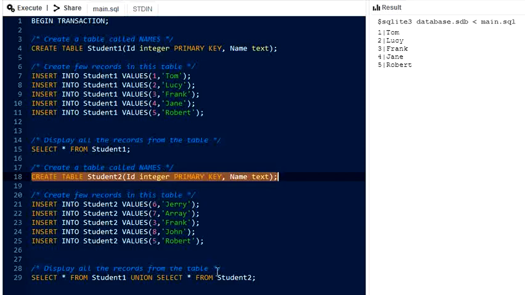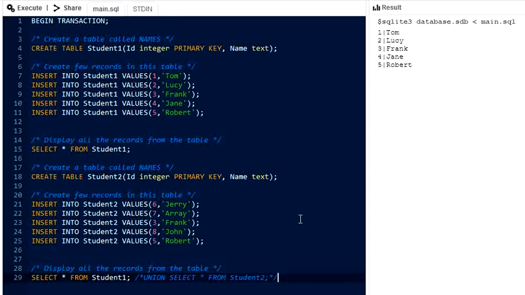So we can see how the table will look when we run the query. We will see the result of this table when we create it and execute it. So we will start executing. Here you can see the result will look like this. Both the entries of both the tables will be displayed on the screen.